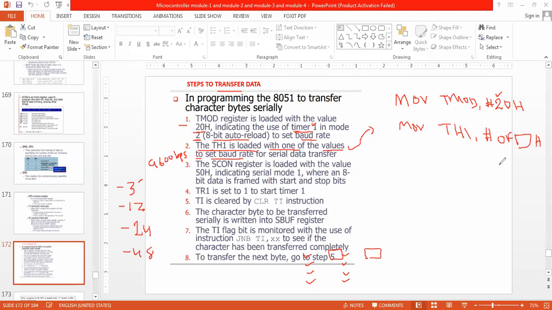You should know what a baud rate is and what the different values of the baud rate, the speed, are. So this will give me a speed of 9600 bits per second.